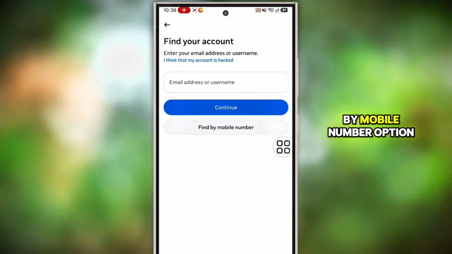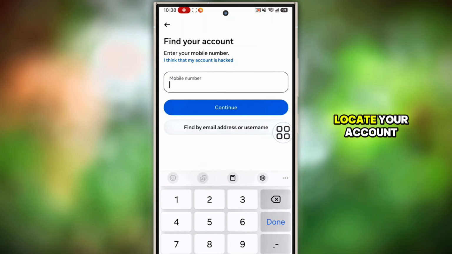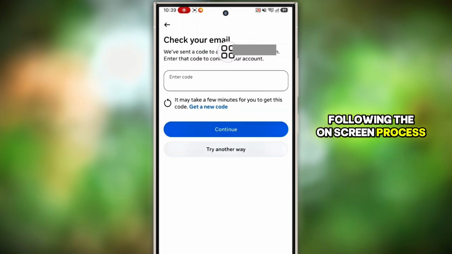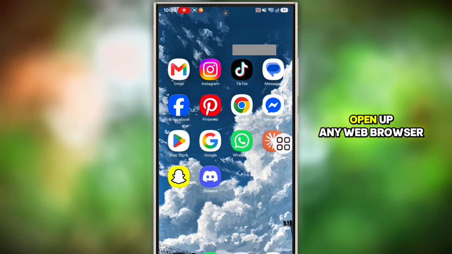the Find by Mobile Number option, then enter your mobile number. Now tap on Continue and locate your account. Try to recover your account by following the on-screen process. But if you are unable to recover your Instagram account, then what you can do is open up any web